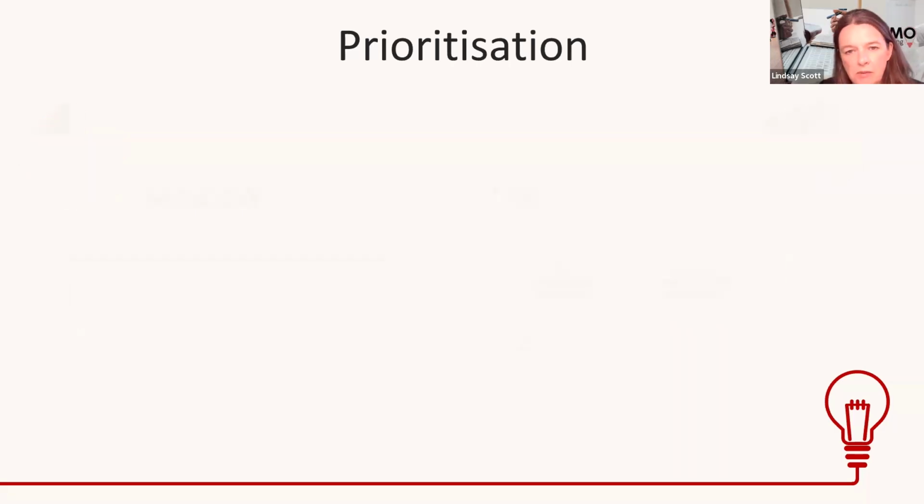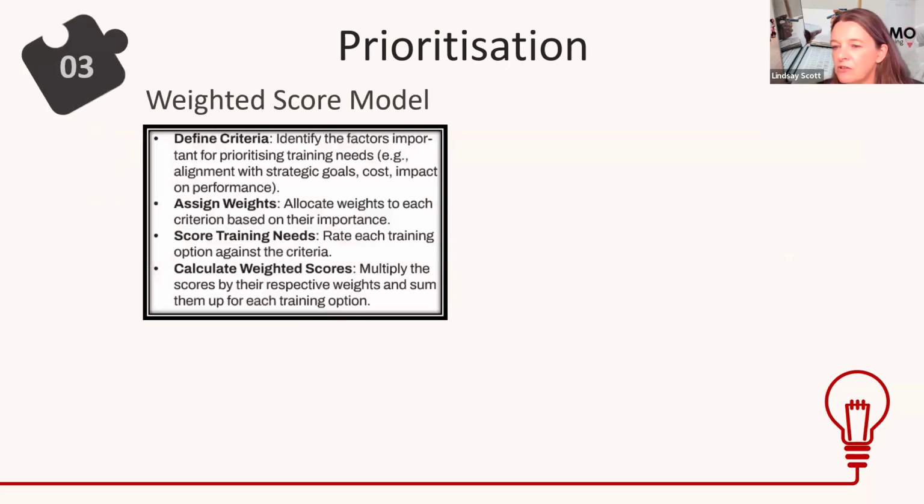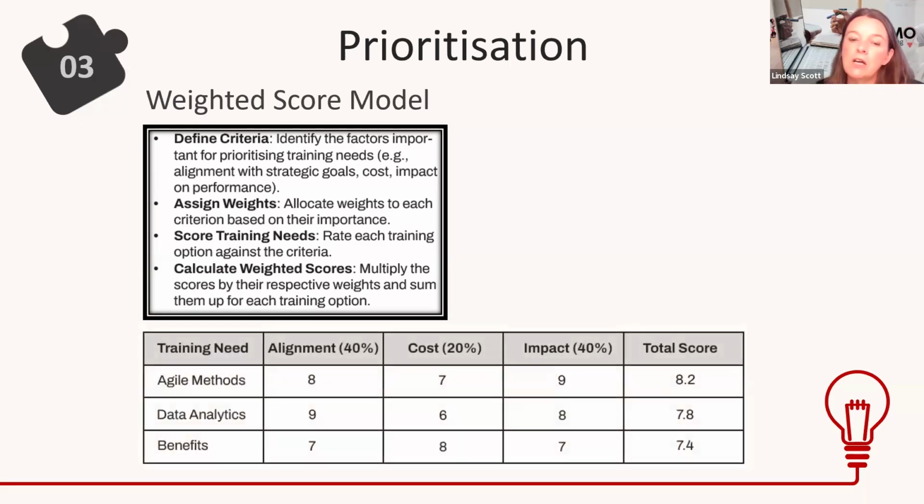Then you can start to get a little bit more complicated, which is the weighted score model, which I think many of you would again be familiar with. It's a more scientific way to do it, which may feed in well if you're an organization that likes the metrics, the measures, the numbers, the traffic light reporting. If that's the kind of culture it is, you may need to go down this route. Again, in the ebook, we give an example of